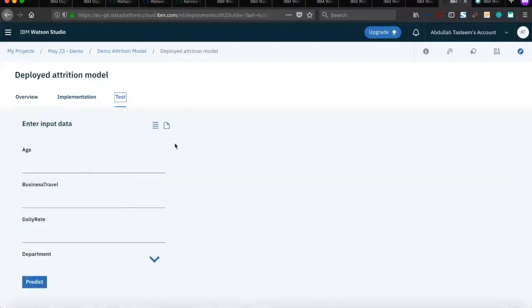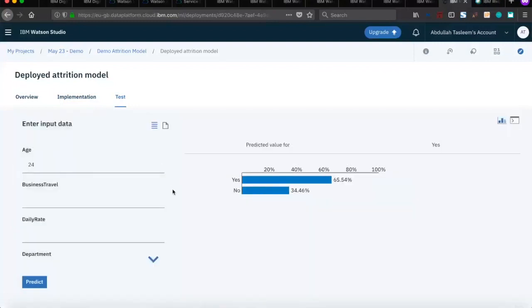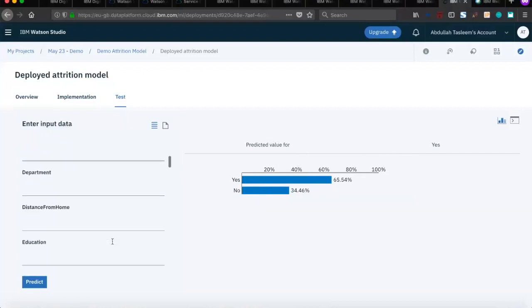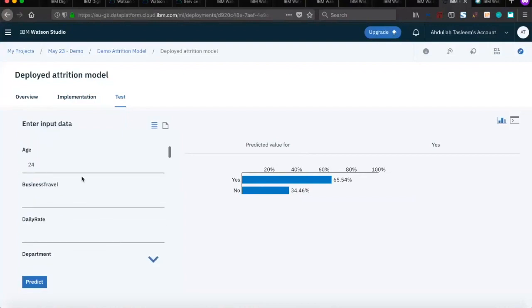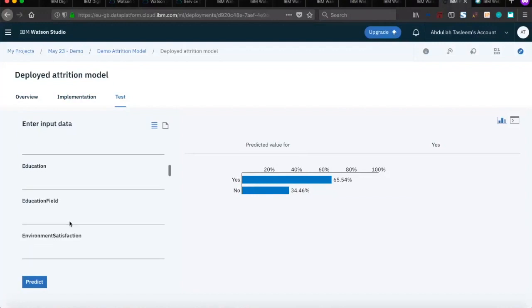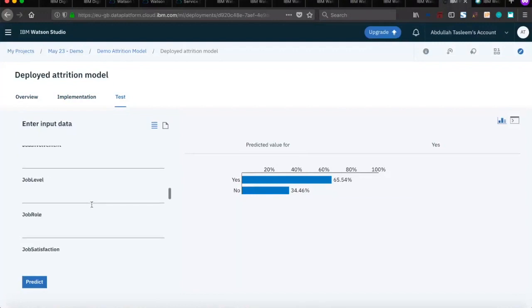Just add your input values, such as age over here, and click on Predict. As you can see, the result graph shown on the right shows that for a person with the age of 24, the attrition value is less. But this is obviously inaccurate, as we haven't added any other values, just the age value for one of the employees. And since it's very time consuming and difficult to add all the values of all the attributes of a data set,